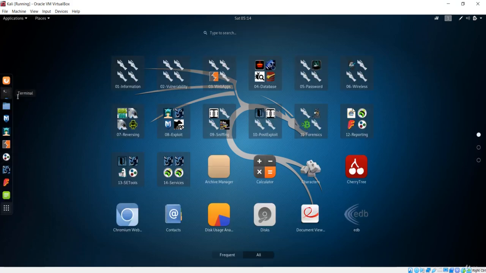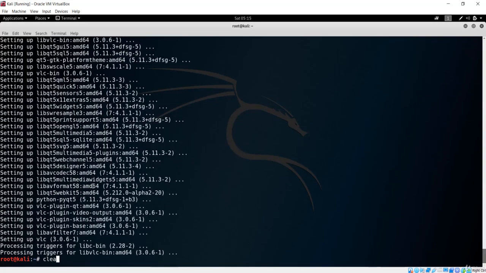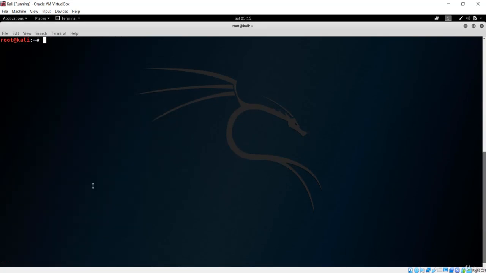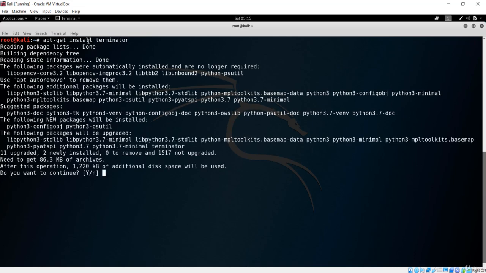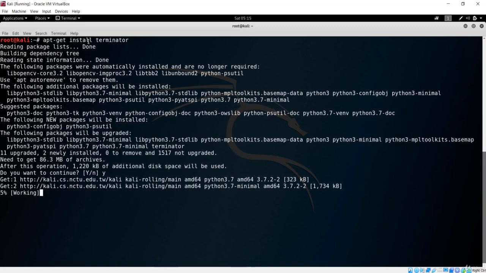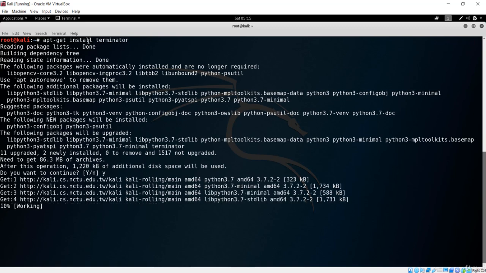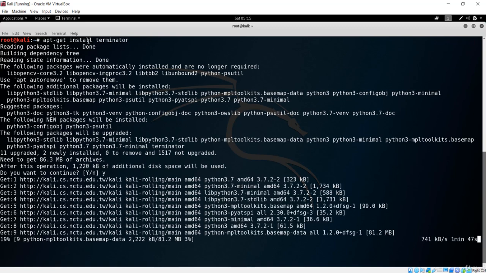The next thing you need to do is install Terminator. Terminator is an advanced terminal. We have this terminal, and we want to install the advanced terminal with apt-get. To install any package, it should be with the install command and Terminator. If I hit enter, it will ask if you want to install it, and it will do the same task that was done for the VLC player. Let's give it time.